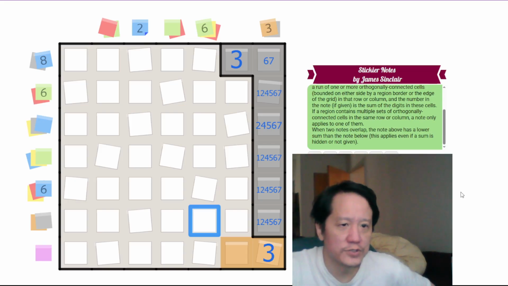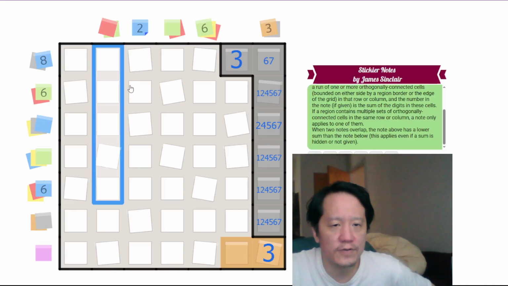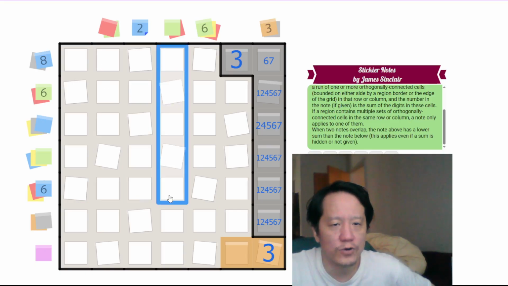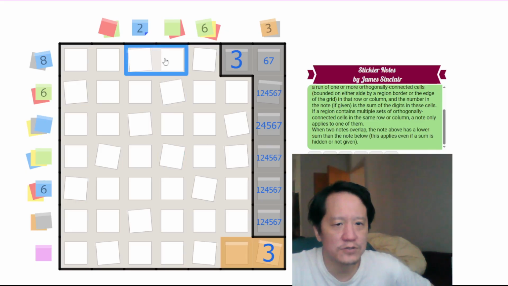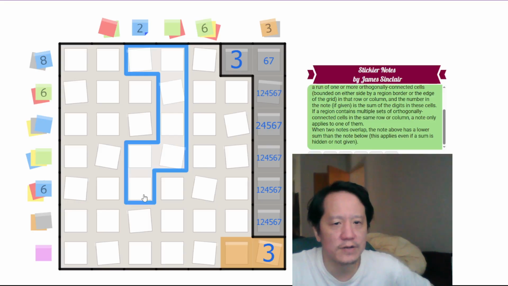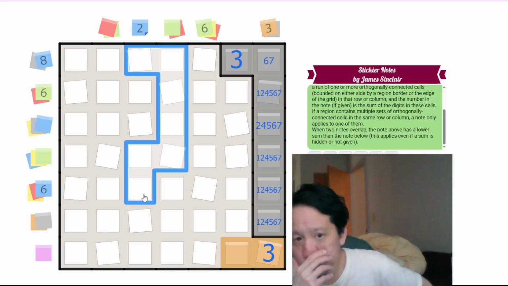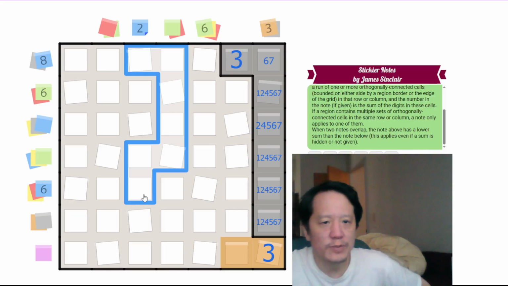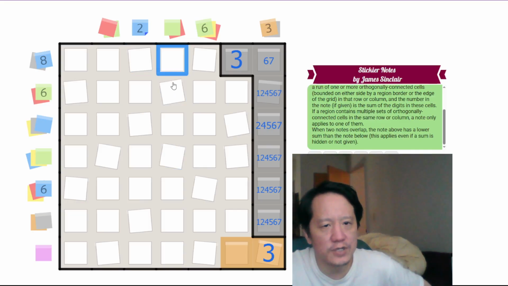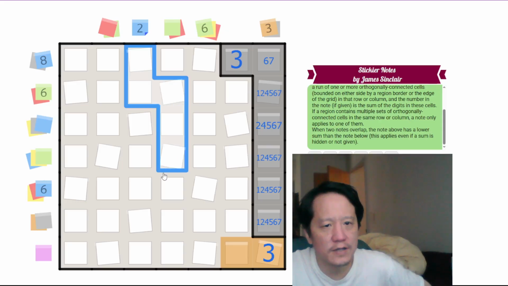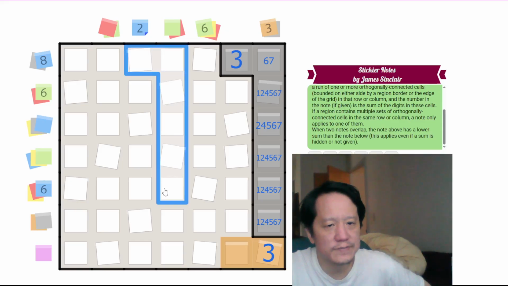If we try... Okay, so we are guaranteed 5 blue cells going from row 1 to row 5. I guess you could do something funky like that, right? That is possible. But the problem with that, or you could do something funky like this. Well, that doesn't work either. I guess you could do... Well,